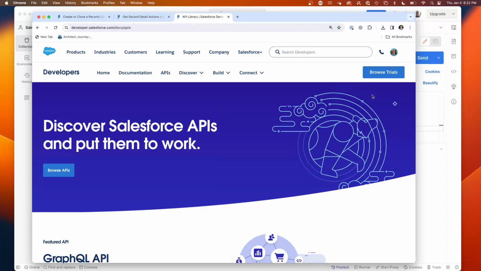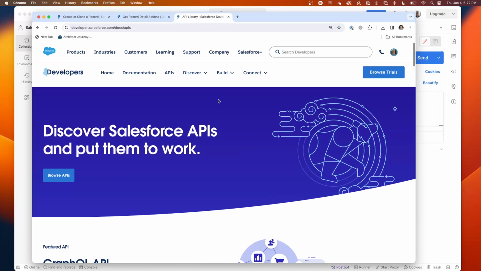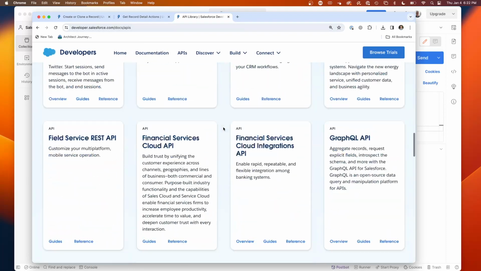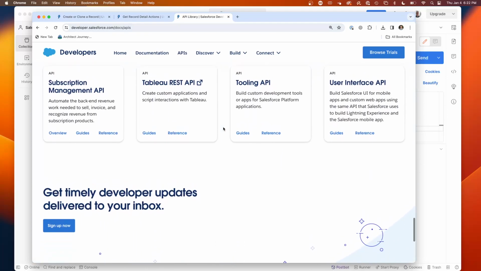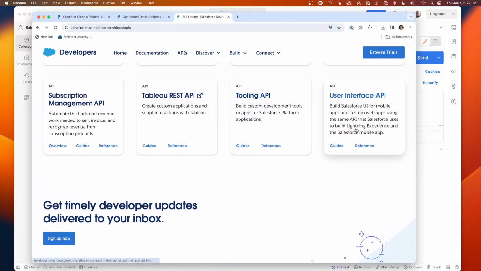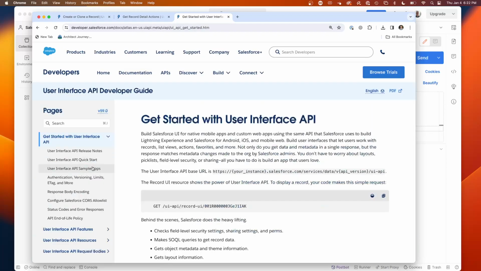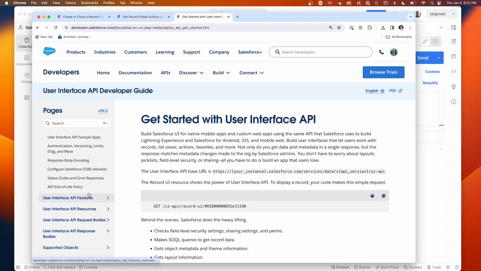So if we start with the specification for Salesforce APIs, it's the Salesforce Docs APIs. We're going to scroll down, and there is a nice little API down here at the end called the User Interface API. So this is a really powerful one where you can use it to tap into just about every key piece of information that Salesforce's own UI has, and you can present it in your own way. So here we're going to be talking about the guides that give you into the user interface,